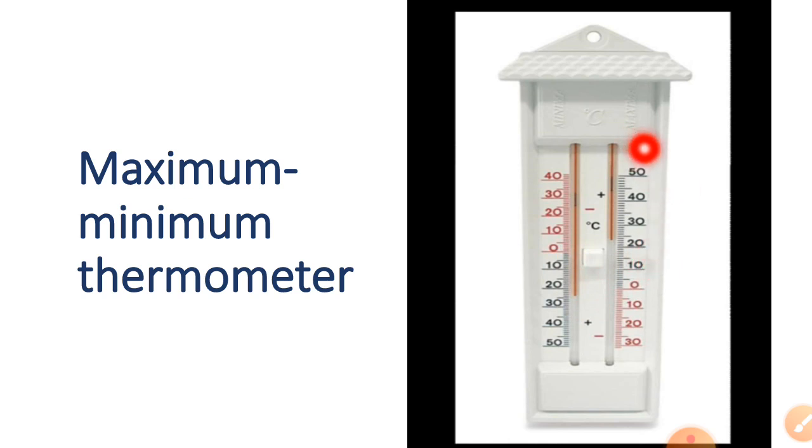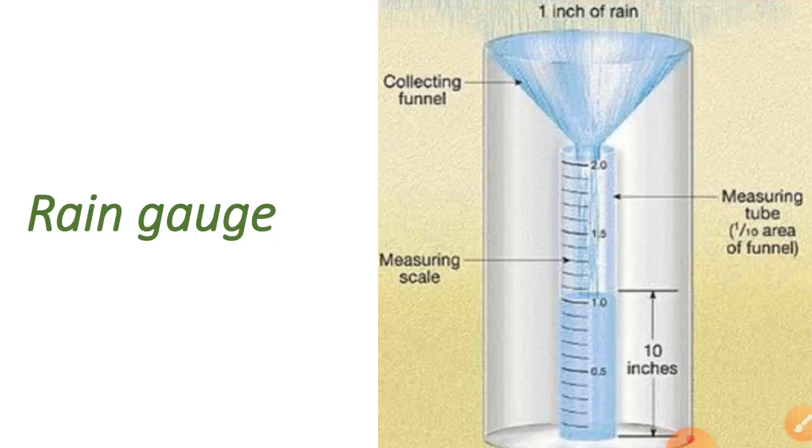You know that, okay. Now I will show you another gadget, that is the rain gauge. What is the rain gauge? To measure the rainfall of a place, an instrument is used, called a rain gauge. The rain gauge collects the rainwater and has a measuring cylinder, a measuring scale, which determines the quantity of rainfall of that place.